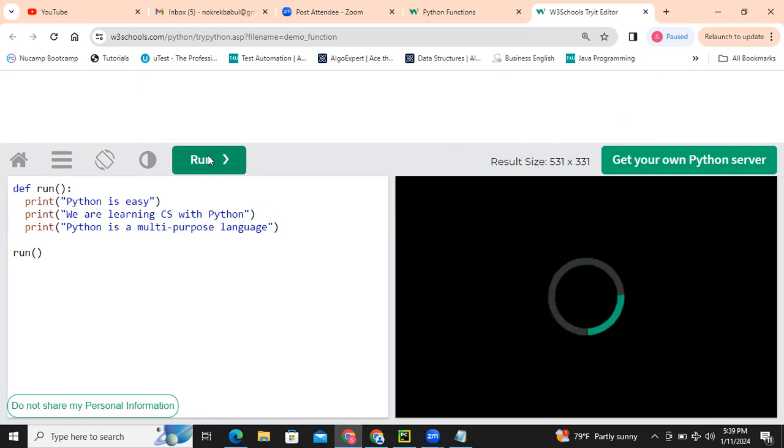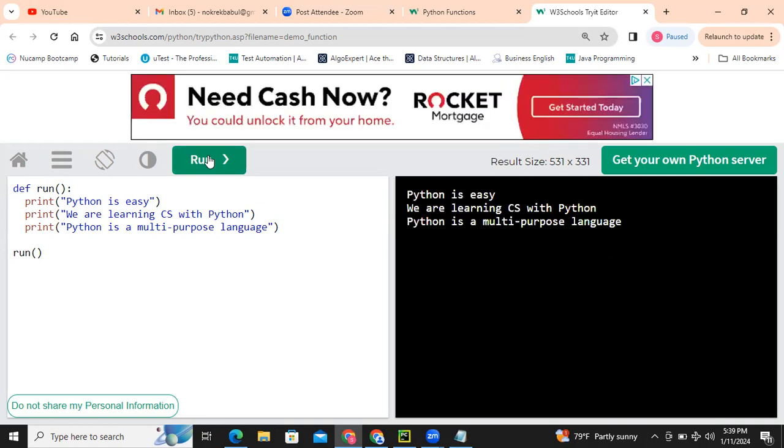I have a question here. Sure. Okay, the question is, normally when you write, you define the function, which is def, and then run is the name of the function, and the parentheses and colon. So you wrote the code using a different function, which is called print, correct? Yeah.